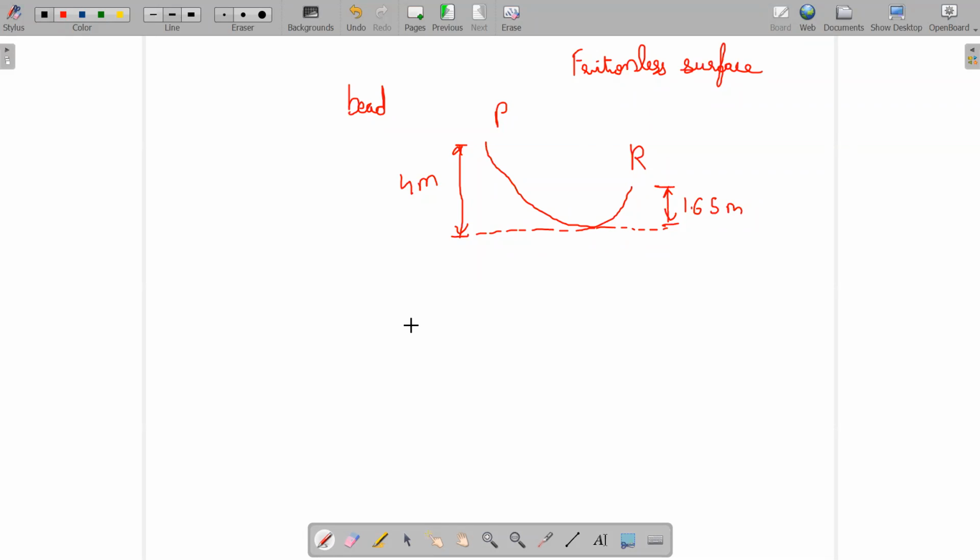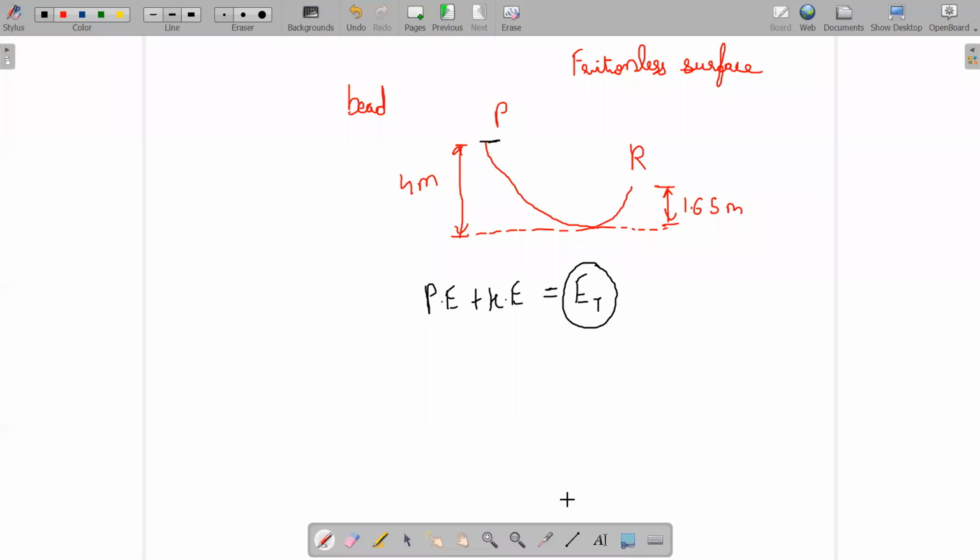Now, if they are saying that it's a frictionless surface, so there is no dissipating force acting on this system. So we can use it in this fashion that at point P, let us say there is some potential energy, right? And there is some kinetic energy. So the summation of these two energies is called the total mechanical energy, let us say E total. Okay. So if there is no dissipative force acting on the system, then this E total will have to remain constant, whatever may happen. Wherever the body may reach, this E total has to remain constant.